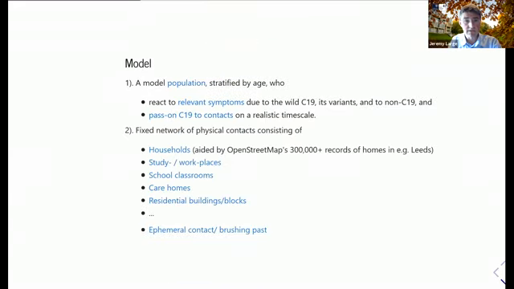And again, I don't think there's anything too new here. I think we've seen most of these elements in other talks, but just to emphasize again the fixed nature of the contact network across which we're going to allow our disease to spread.